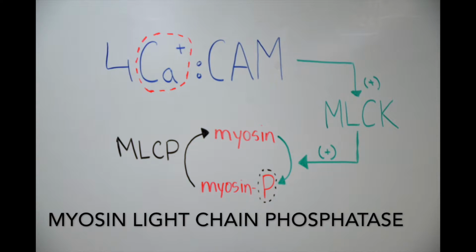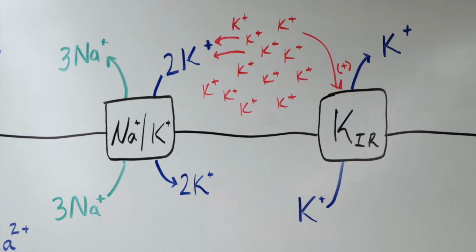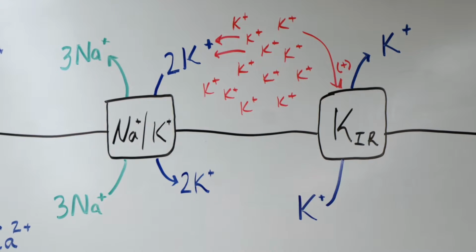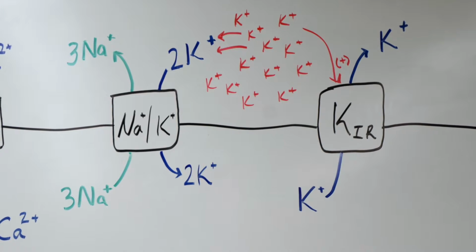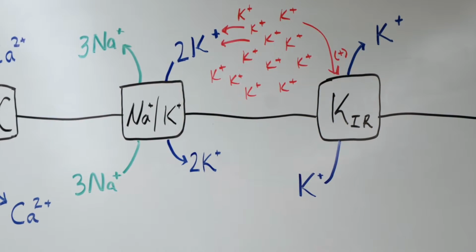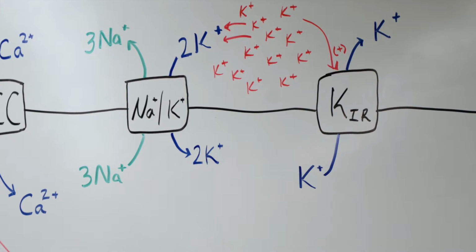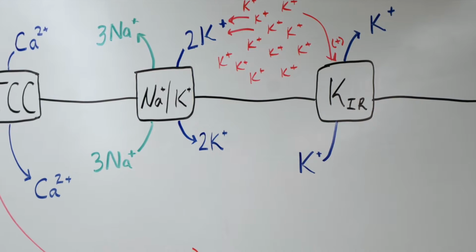MLCP, myosin light chain phosphatase, is the counterpart to myosin light chain kinase that dephosphorylates myosin, thereby inactivating it and not allowing for any contractile activity. However, increasing the extracellular potassium enhances both the activity of sodium-potassium ATPase pumps and the inward rectifying potassium channels. The activity of sodium-potassium ATPase pumps is increased because there is a greater driving force for potassium to enter the